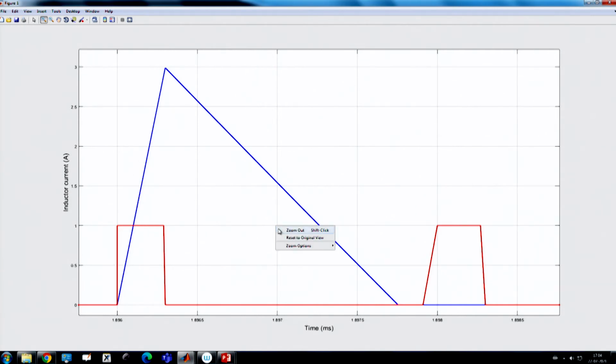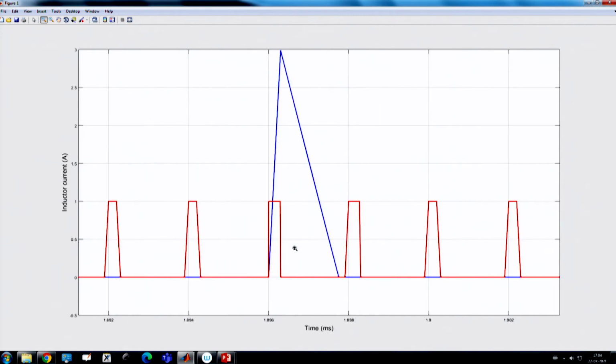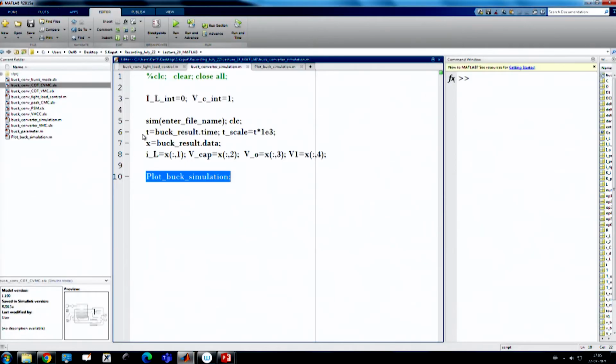The red one is the actual PWM signal, which is like an open loop duty ratio, and this is coming with a time period t, which is the same as our 2 microsecond time period. After every 2 microseconds, our switching clock is coming, and we are using our duty ratio d for the switching clock, which is set from this MATLAB logic.